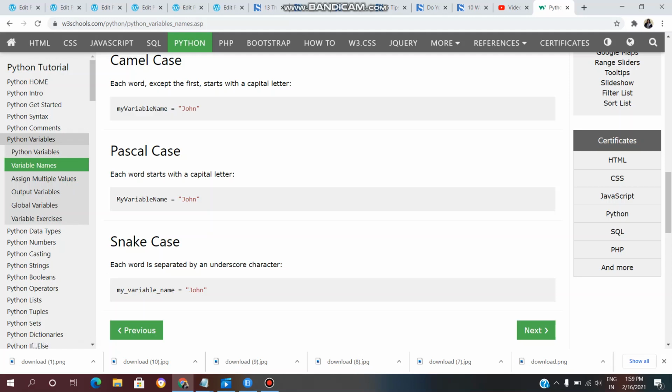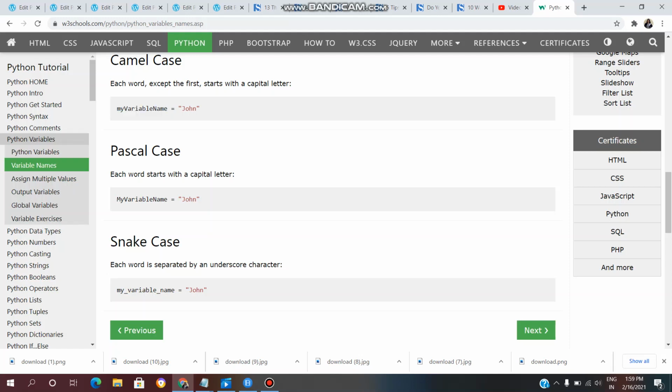First one, we will see camel case. Each word except the first starts with a capital letter. For example, myVariableName. Here, except the first word, the second word variable and the third word name start with capital letters.